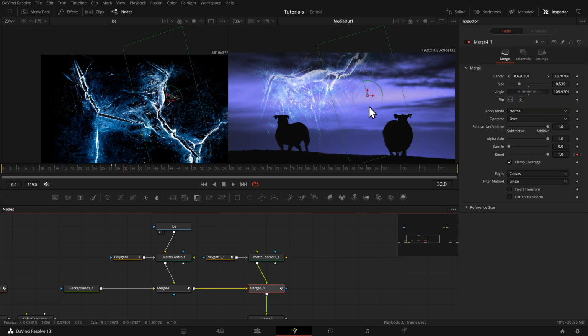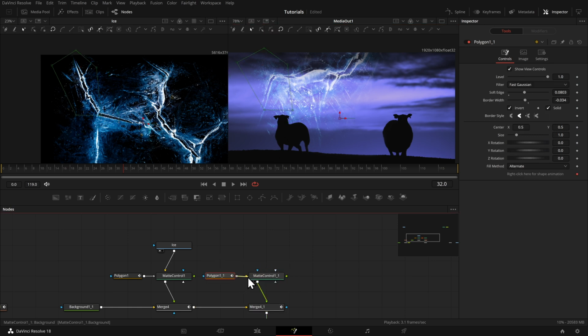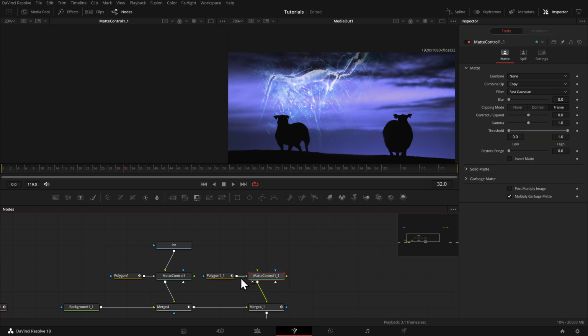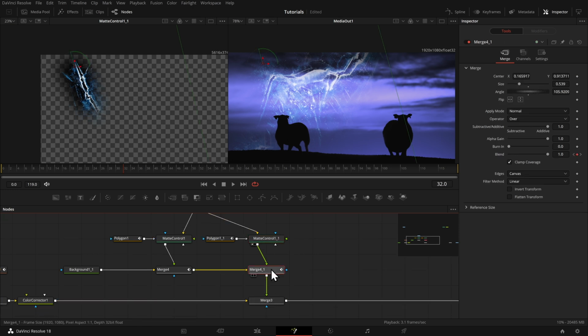And now in the merge, I can see where is it. I don't even see it because I didn't connect it. And now let me connect it. It needs to be connected to the foreground, of course. So this is my extraction, and in the merge I can position this. Let me actually reset the center and the angle and start from scratch. Then it's up there. And this one I will also scale down even more, and let me rotate it almost 180 degrees, maybe,